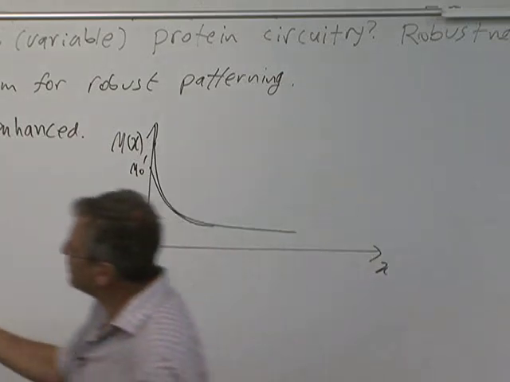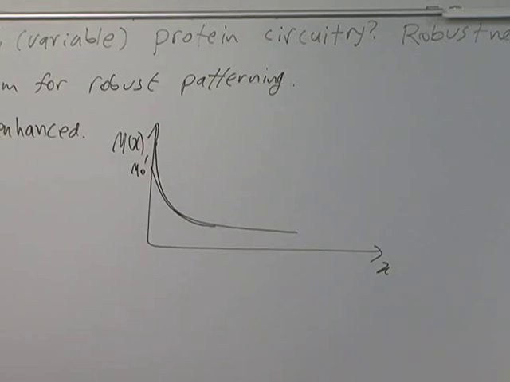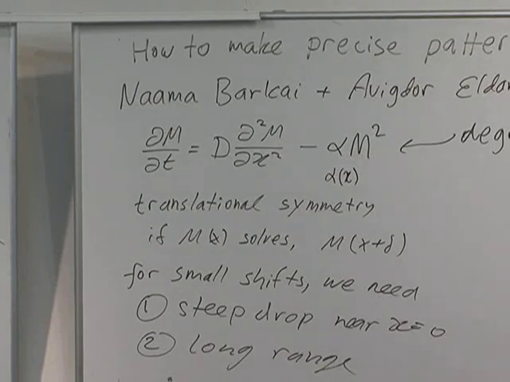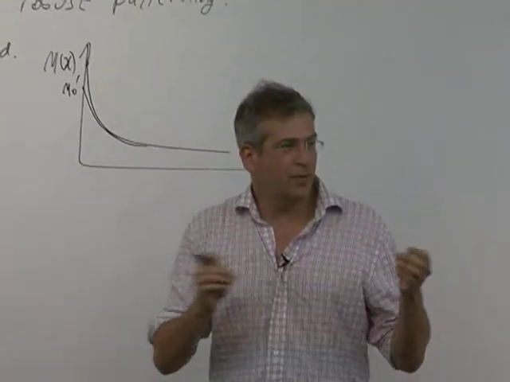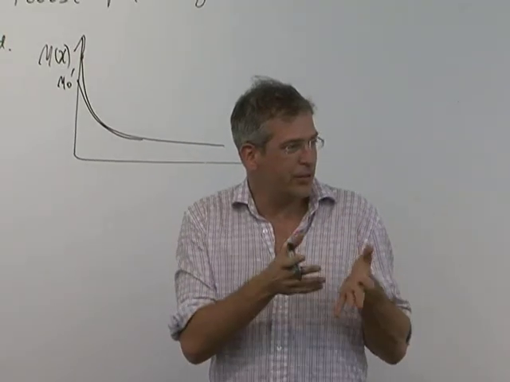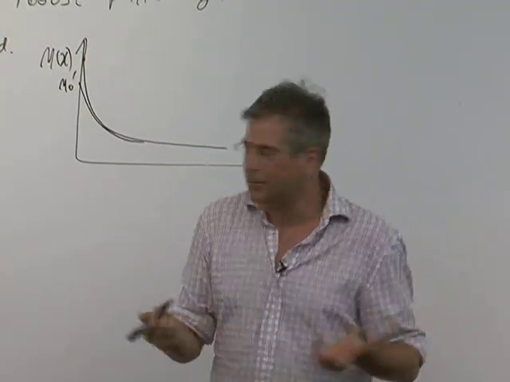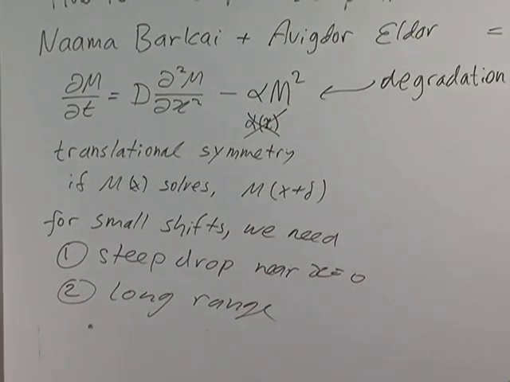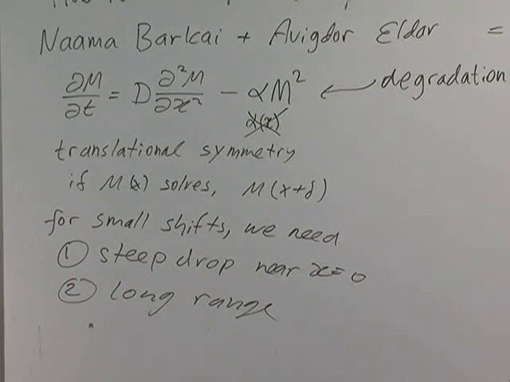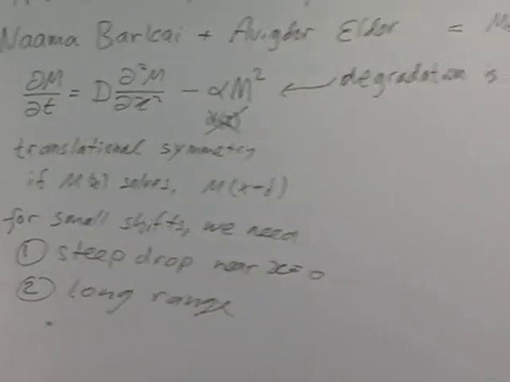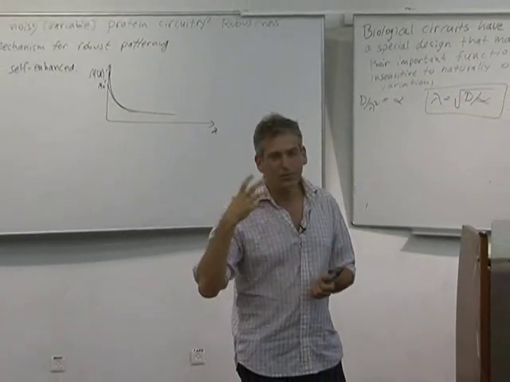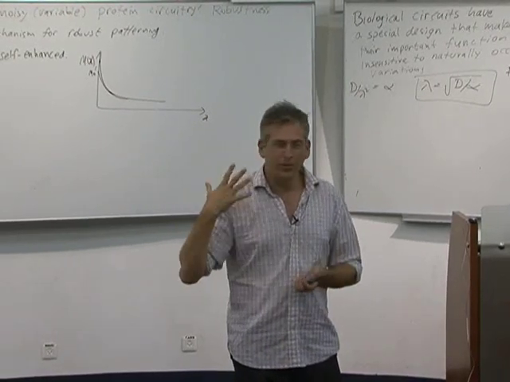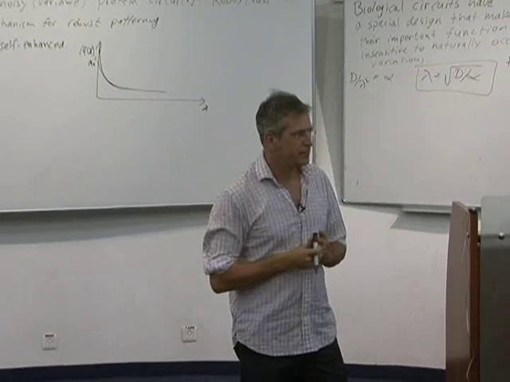You might have said, okay, let's make the degradation constant fast here and then slow here. But can we do that? We're not allowed to, because the field of cells has no pattern in it. We can't make the degradation rate depend on position before we have positional information. So we have to work only with the properties of the molecules. And here we make degradation self-enhanced: where there's more morphogen, the faster it's degraded. We'll model it here as m squared, this kind of term. But in fact, anything that makes the degradation faster when there's more morphogen at that position. Any questions?